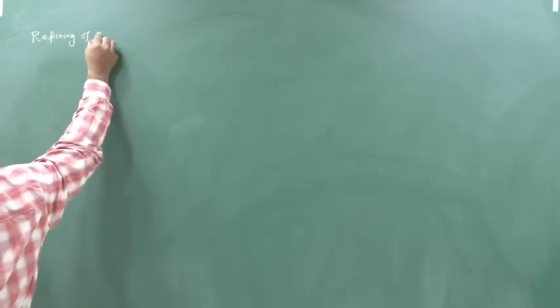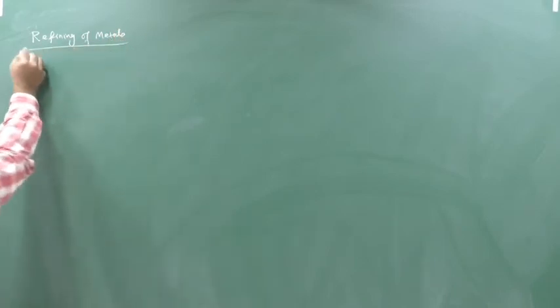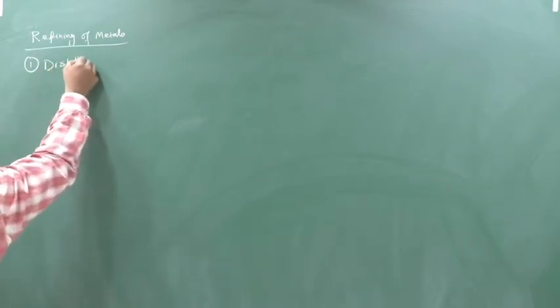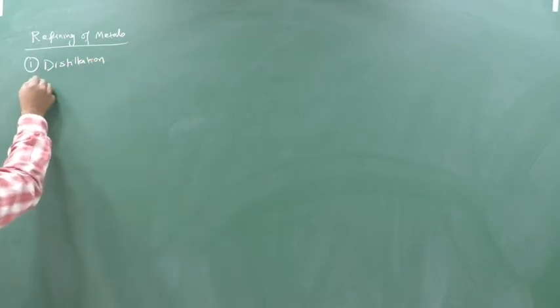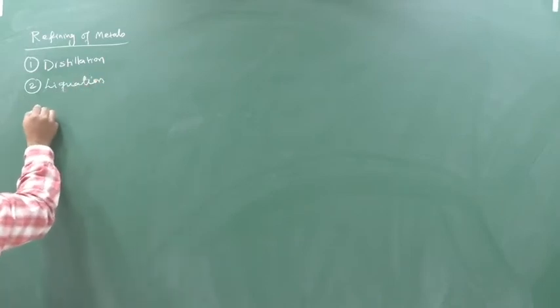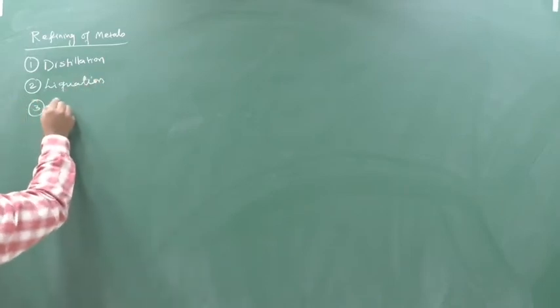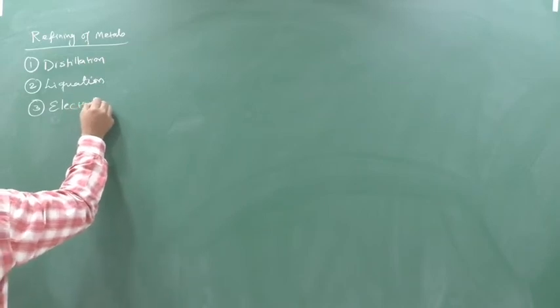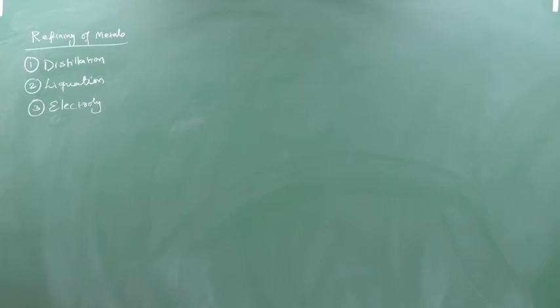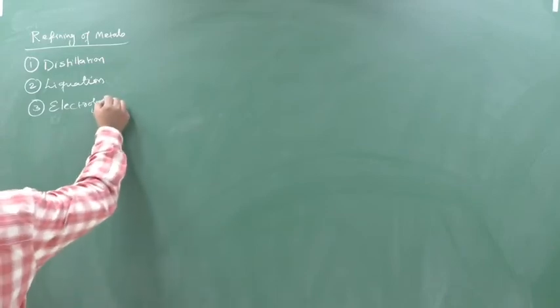Refining of metals. What we are going to study here: first, we are going to study about distillation. Then we are going to study about liquation. Okay. Then we are going to study about the electrolytic process, or I can say electrolytic refining. I will give you certain small notes also. So please take out your pen and book, write this down. I guess this is the last lecture, or one more lecture might come, so your chapter is over. So feel happy, take your notebook and write down electrolytic refining.